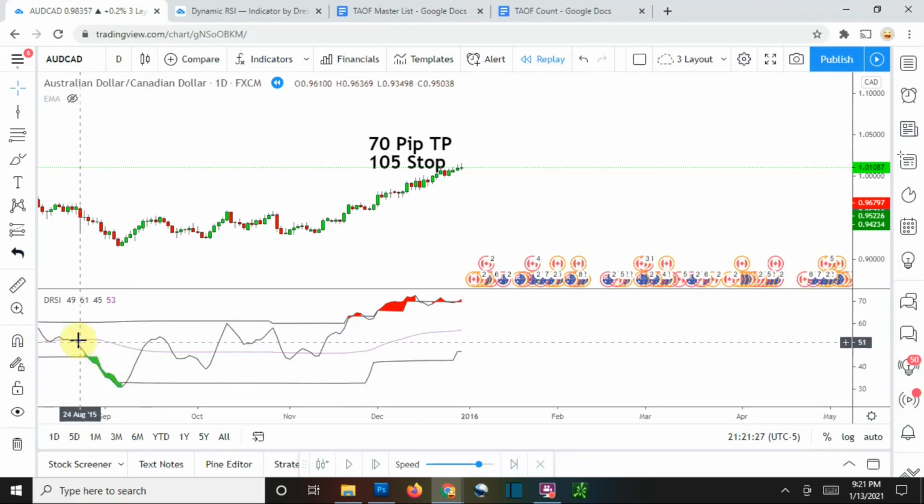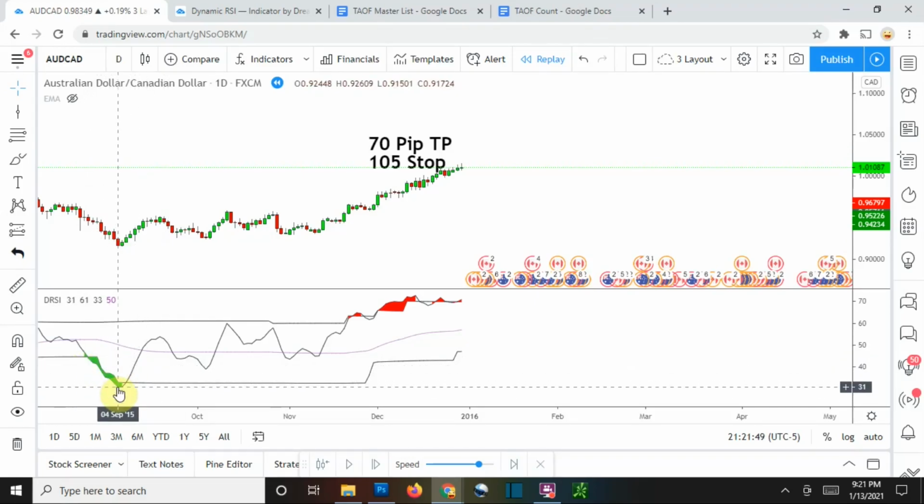So when the RSI line comes down and breaks below the oversold line, right here where my mouse is, you can see that it breaks down, gives us this green background to it. So it's broke down below the lower line, the oversold area, and we are looking for that line to then cross back up above